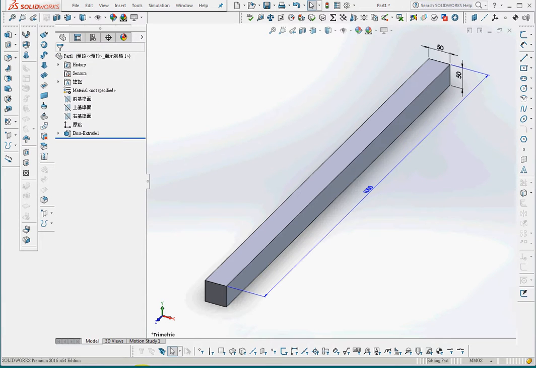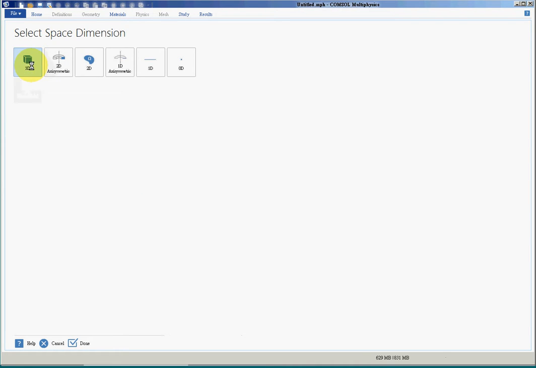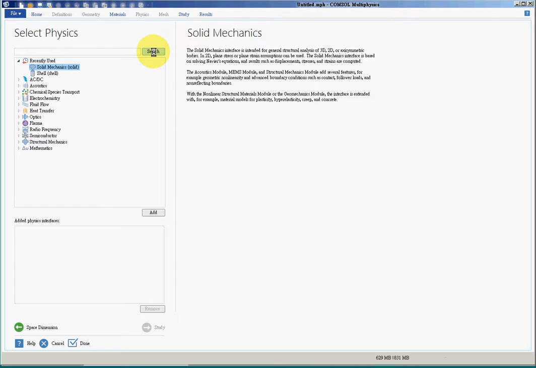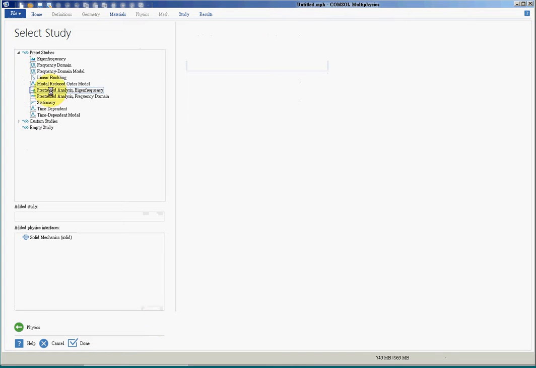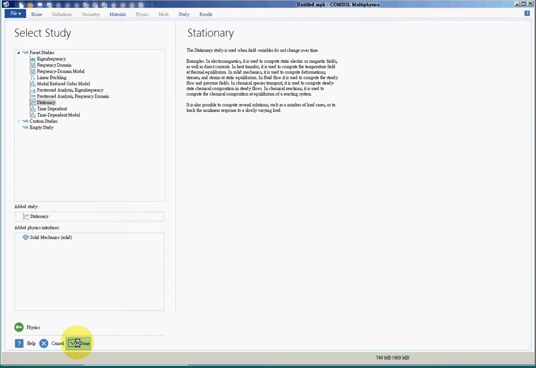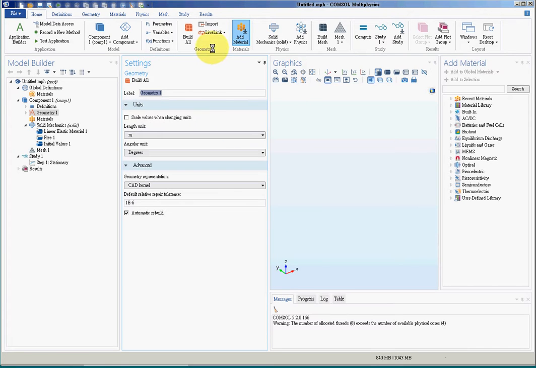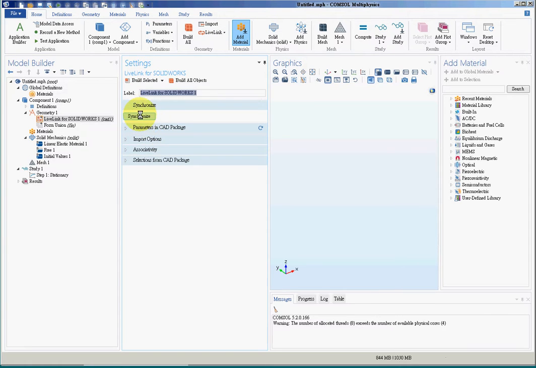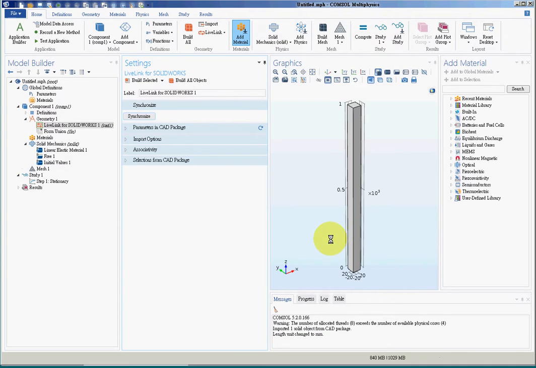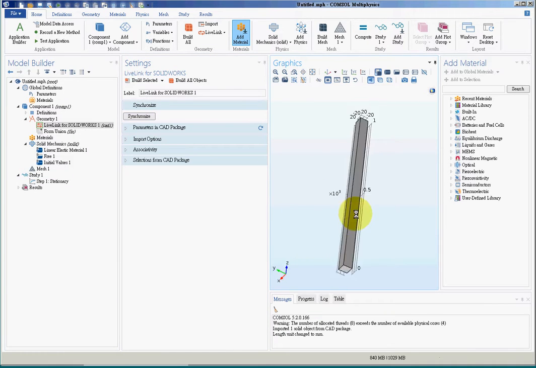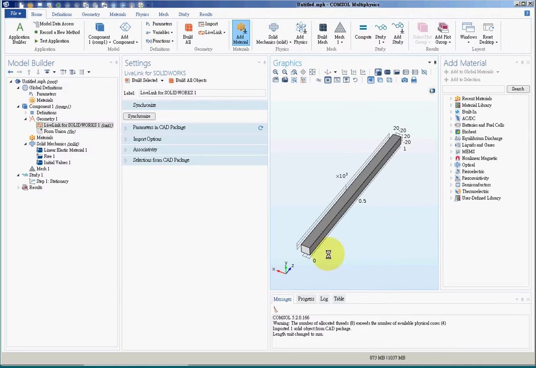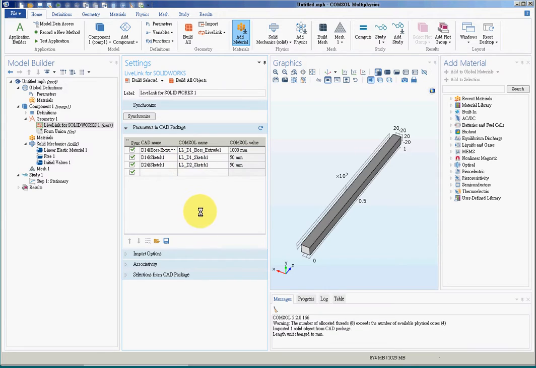Now we can enter the COMSOL environment and start a 3D solid mechanics problem, a statics problem. And we'll import the geometry from SolidWorks by live link and clicking synchronize, and we will import the geometry here. So we have finished with the first step, but make sure that these parameters are linked